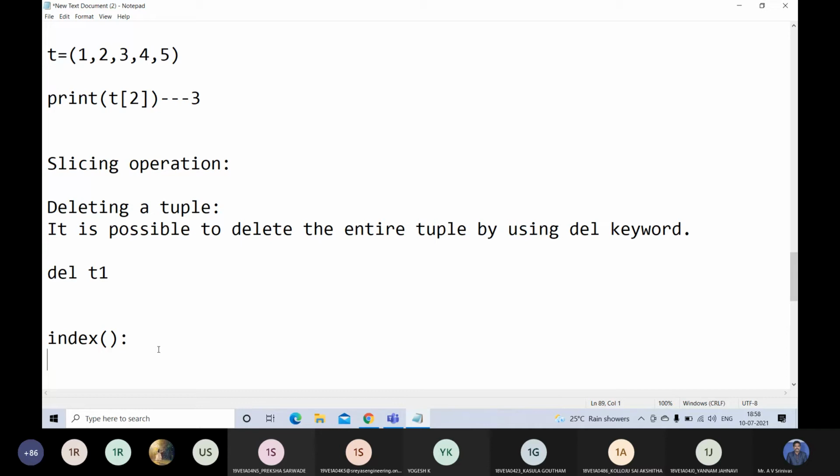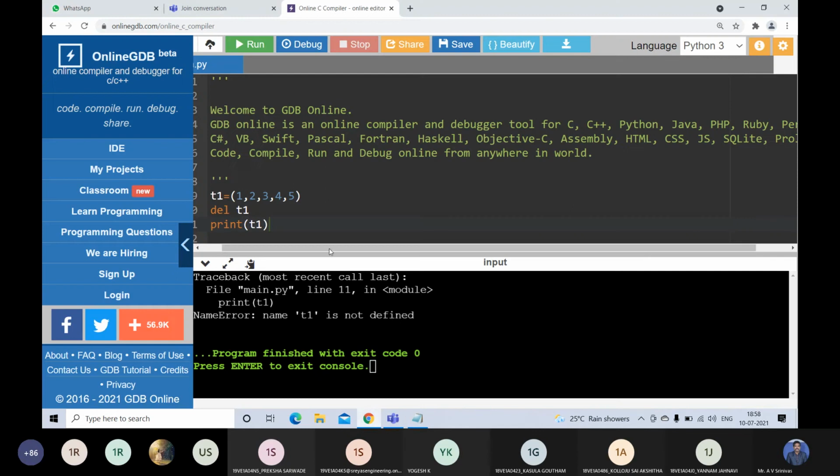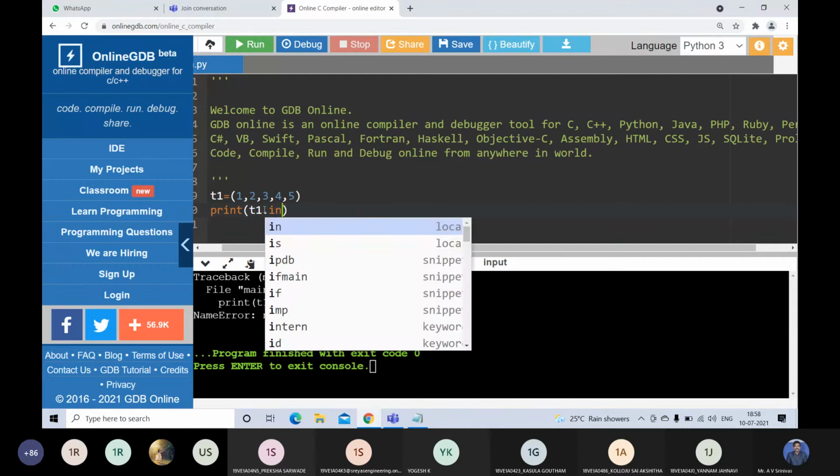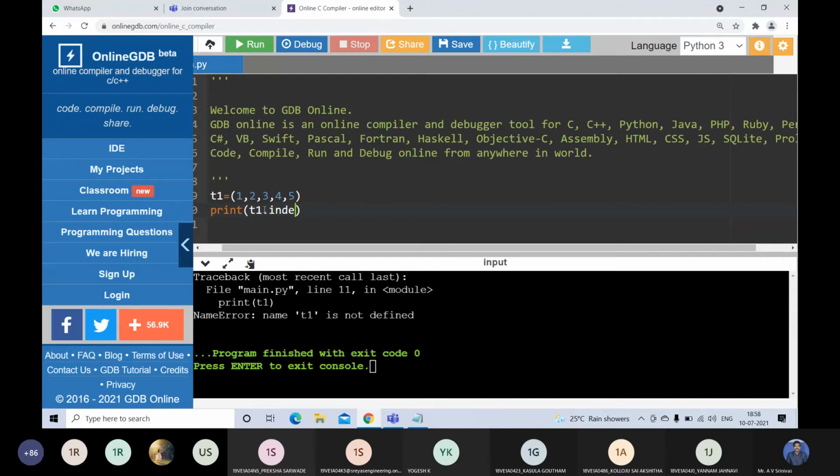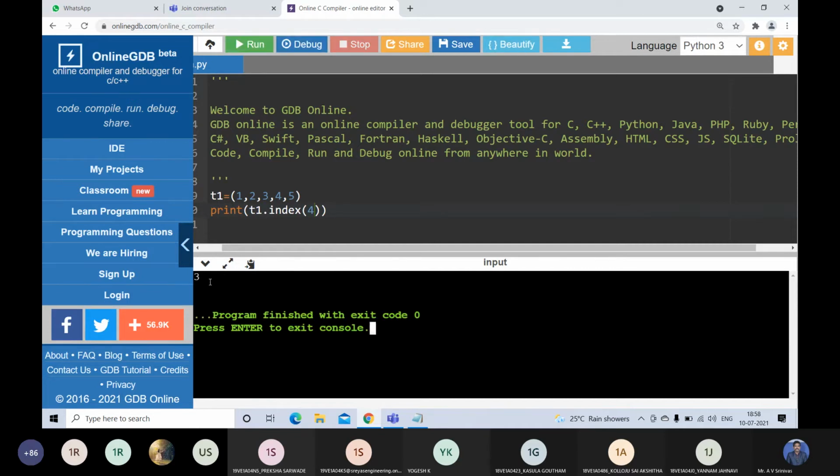To obtain the index of a specific element, we are going to use this index method. So here I can use print of t1 dot index of 4. I will get the location of 4. What is the location of 4? 3.